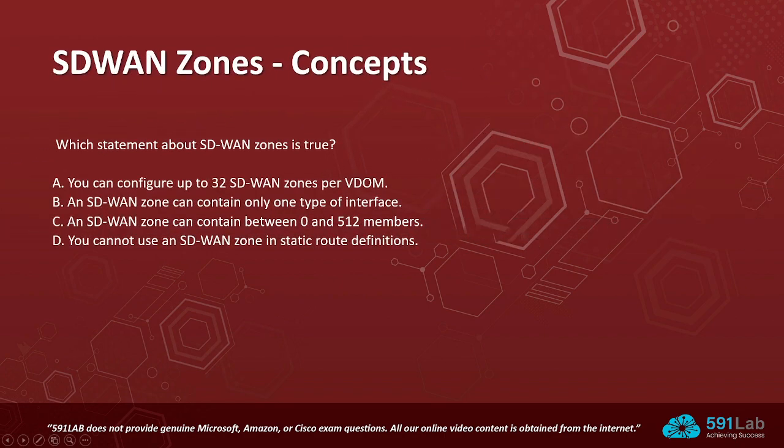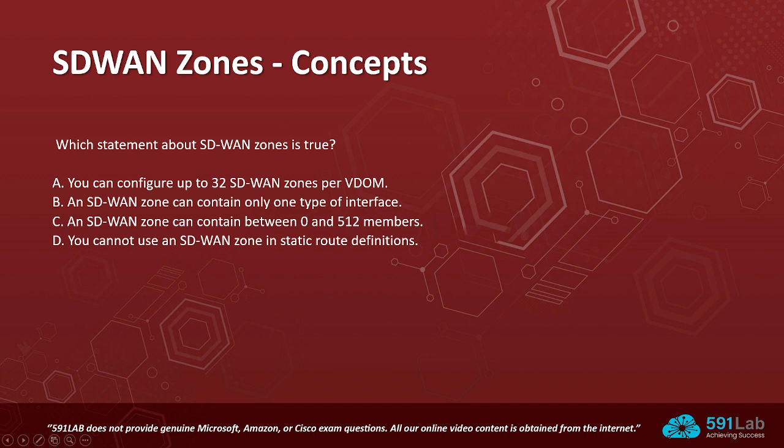On the next one, we have the SD-WAN zones concept. Our question says which statement about SD-WAN zones is true. We have four options. The first one says you can configure up to 32 SD-WAN zones per VDOM, and option B, an SD-WAN zone can contain only one type of interface. Option C, an SD-WAN zone can contain between 0 and 512 members, and option D, you cannot use an SD-WAN zone in a static route definition. So,